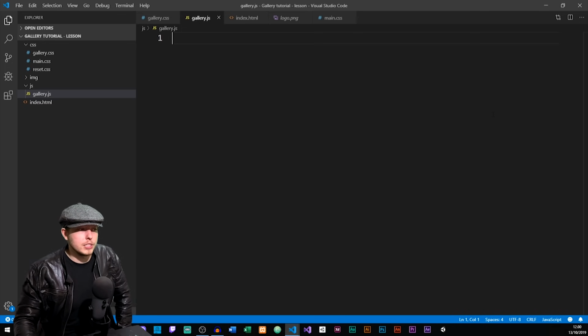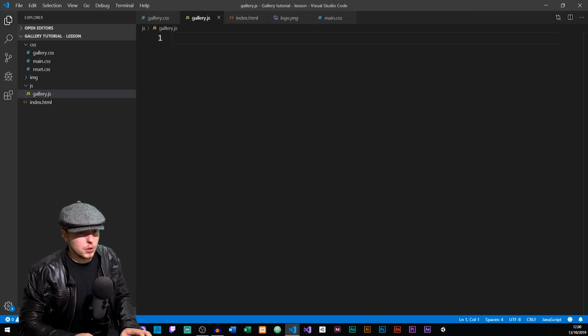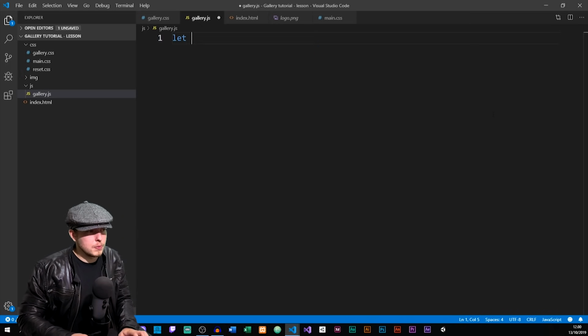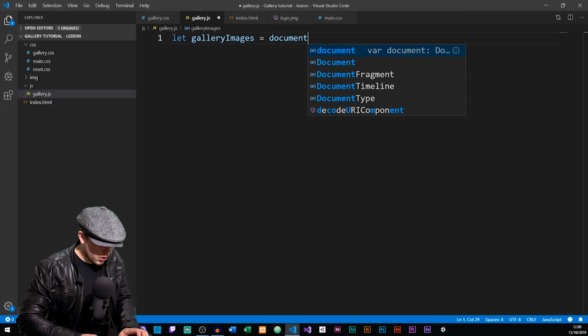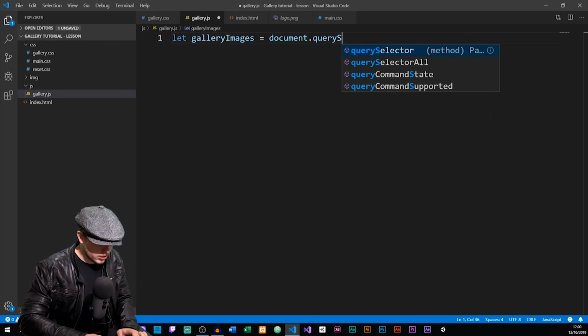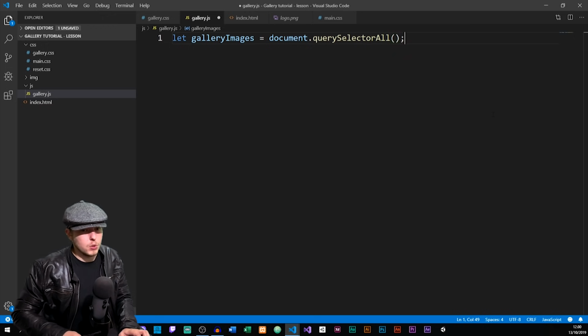For example, what is the last image we opened up? How many images do we have in here that are actually inside the galleries? You know, things like that. So the first thing we're going to do is create a variable, a let type variable would probably be preferred. We're going to call this one galleryImages. Going to set this one equal to document.querySelectorAll();